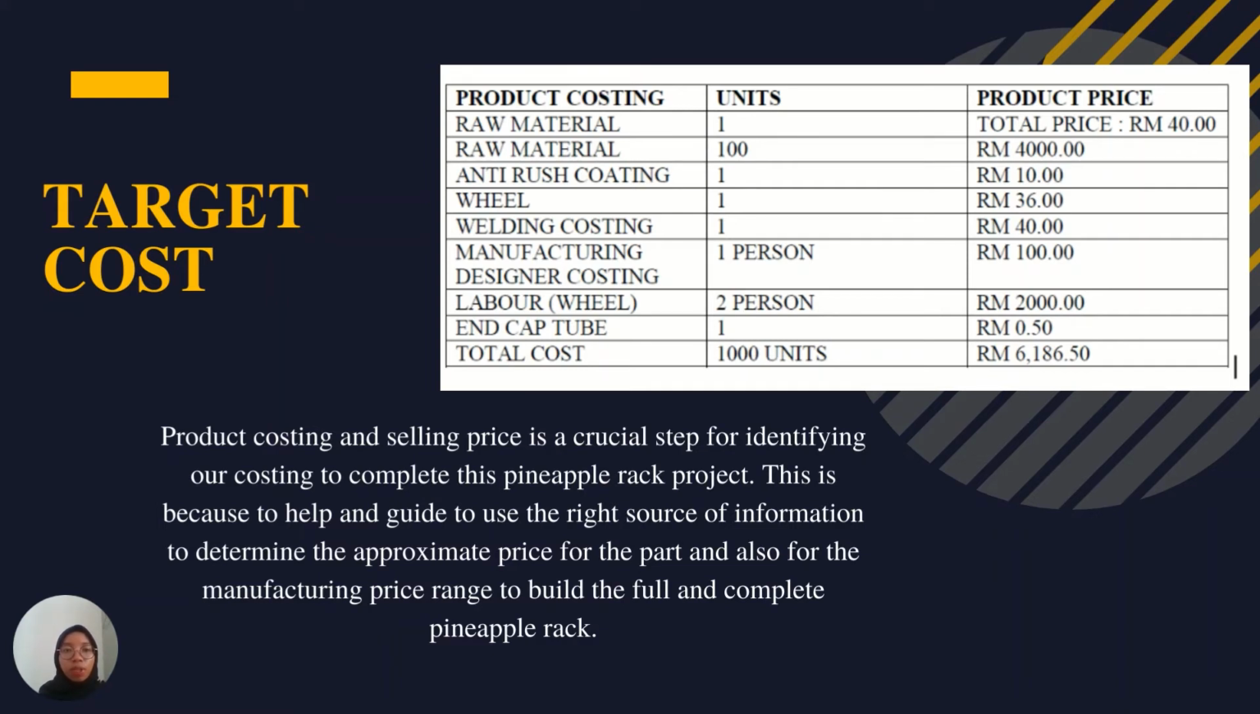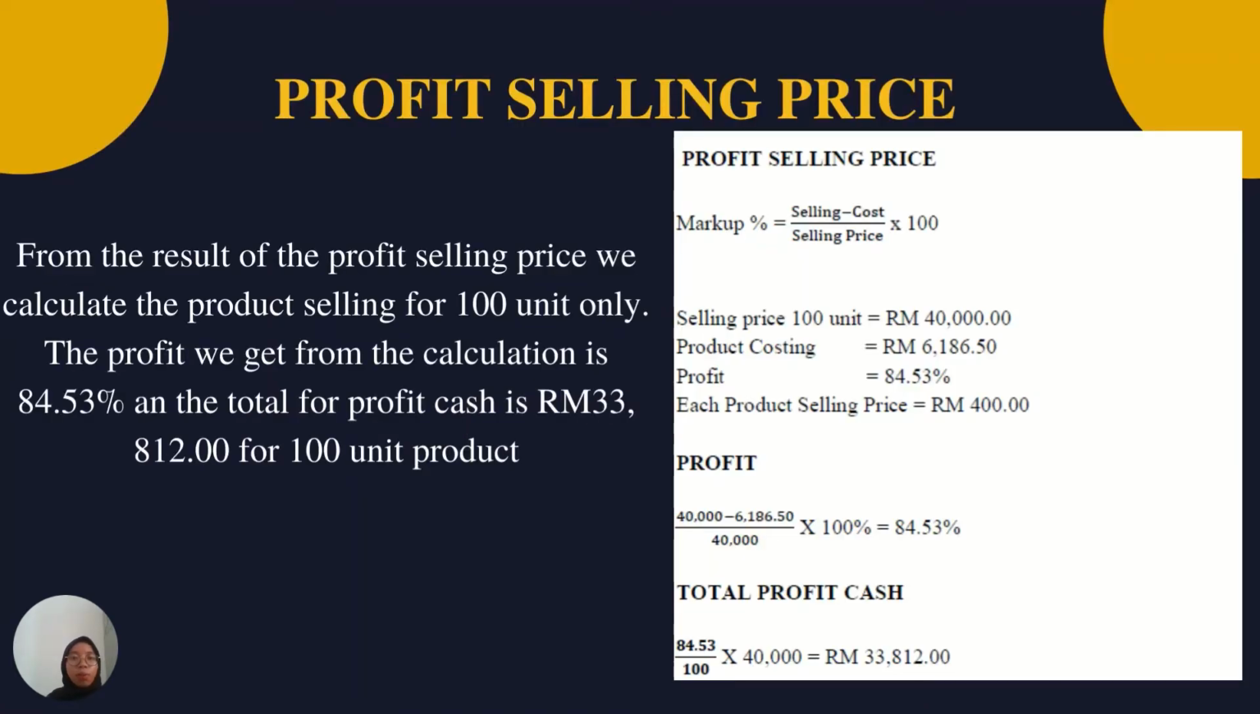For the product costing, we divide it into some parts, such as raw material for 1 unit and 100 units. And the total of the cost, we calculate for 100 units, and the total for the product price is 6,186 ringgit 50 cent. For the profit selling price, from the result of the profit selling price, we calculate the